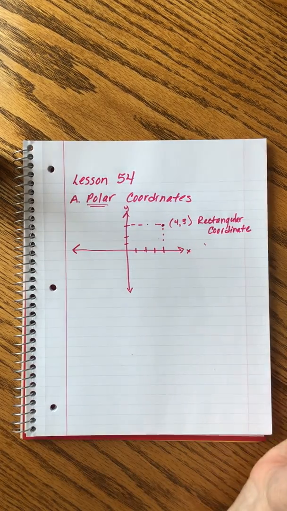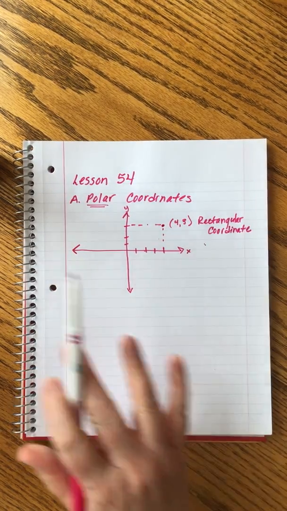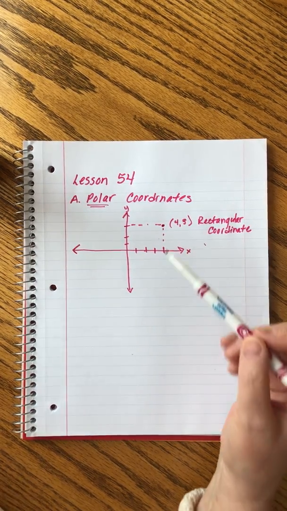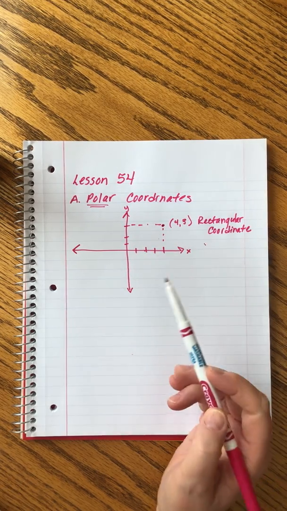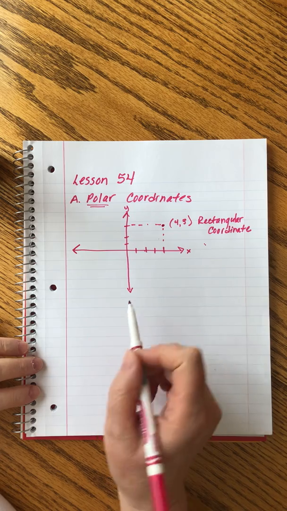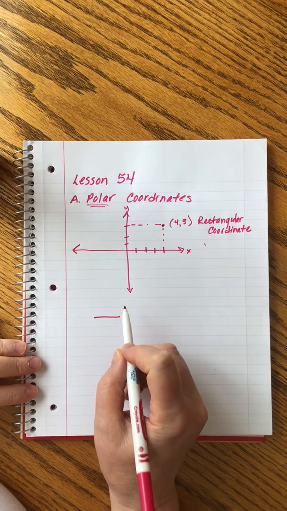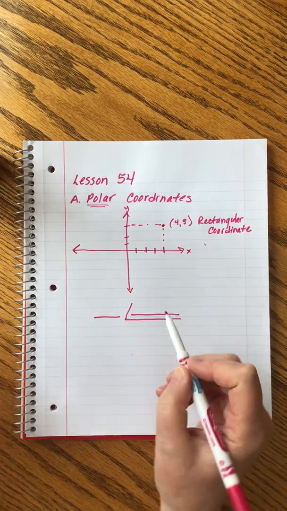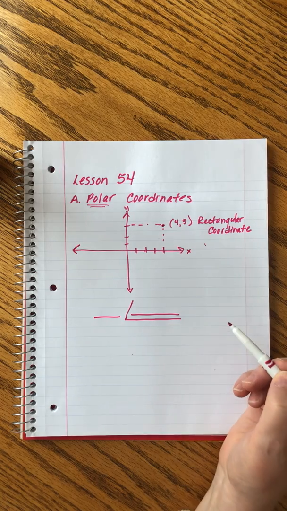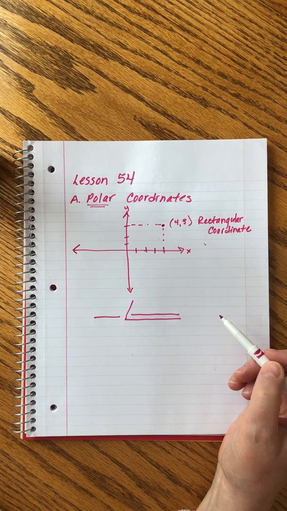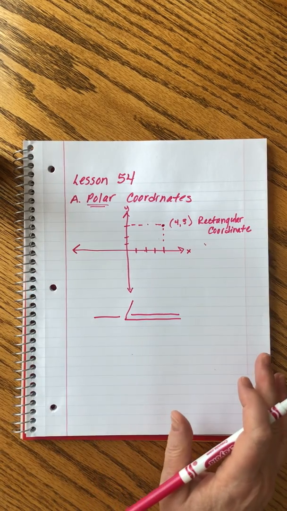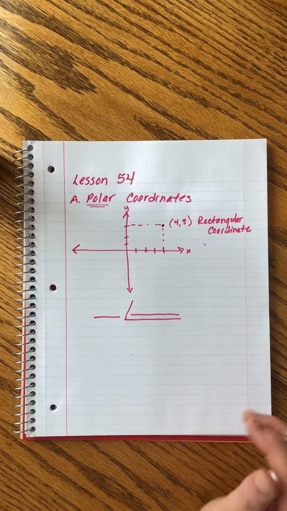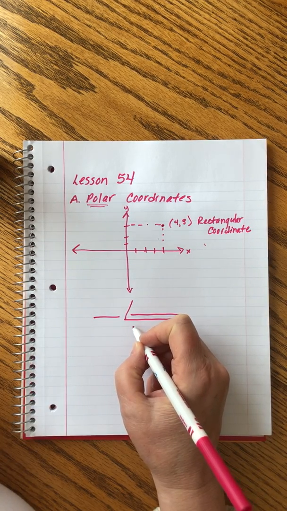With polar coordinates, our goal is the same. We've got a point on our grid, but we're going to use a different way to locate that point. We're not going to build a rectangle around it. We're going to do something different. We're going to use a location method that has two components. The blanks are where we're going to fill in the numbers. This cool sign is what we use to help write these numbers properly, and each point is described by a